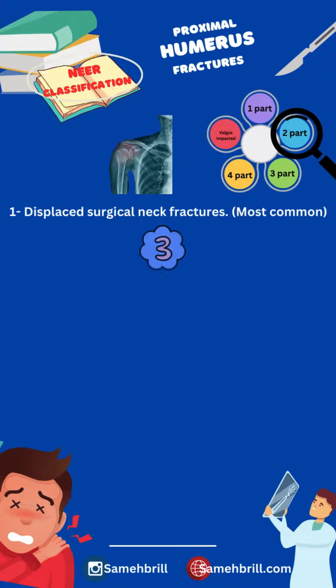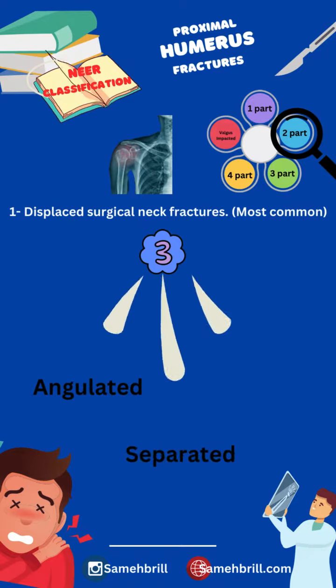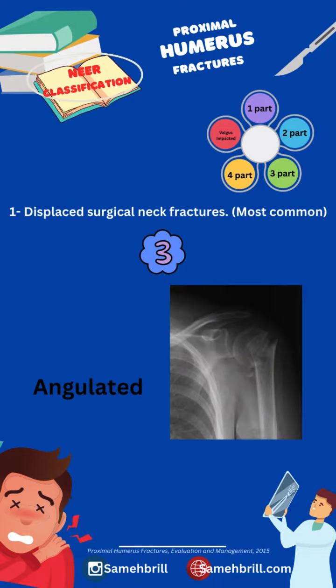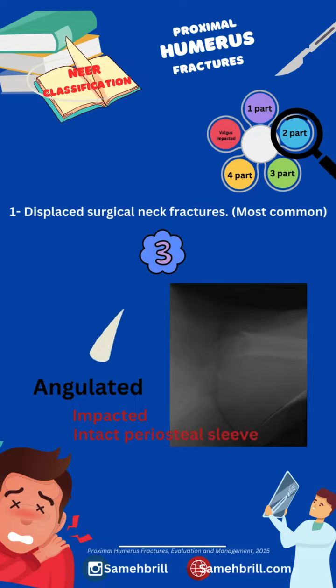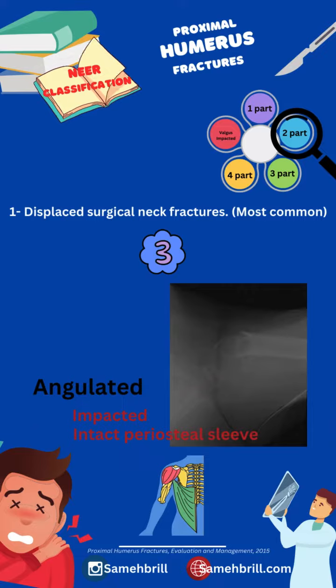Neer described three different subtypes: angulated type, separated type, and comminuted type. In angulated surgical neck fracture, the fracture is impacted but angulated greater than 45 degrees. In this fracture type, the posterior periosteal sleeve remains intact, and if left untreated, the residual angulation will cause limitations